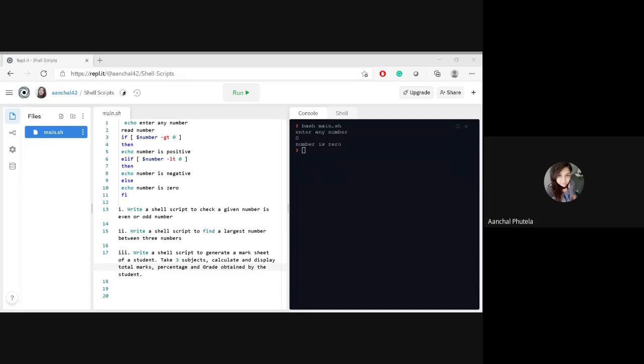First one is done. Who has done the first script? Ankit, Chintan, Darshit.